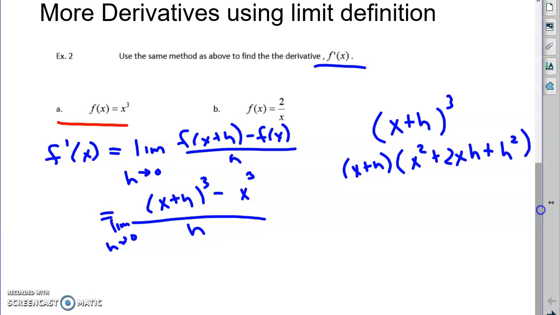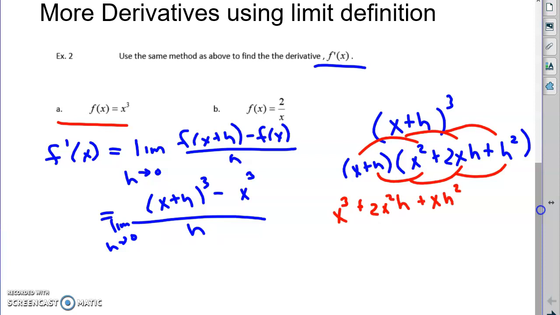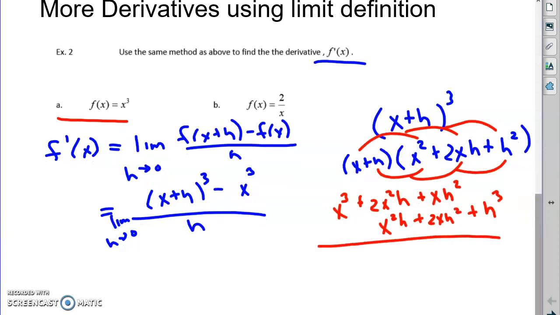Now we're just going to distribute through. Again, with math, you can do everything. You can figure everything out. So x times x squared is x cubed. x times 2xh is plus 2x squared h. x times h squared is plus xh squared. h times everything is x squared h. Notice I lined it up underneath its like term. h times 2xh is 2xh squared. h times h squared is h cubed. So if I added this all up, I would get